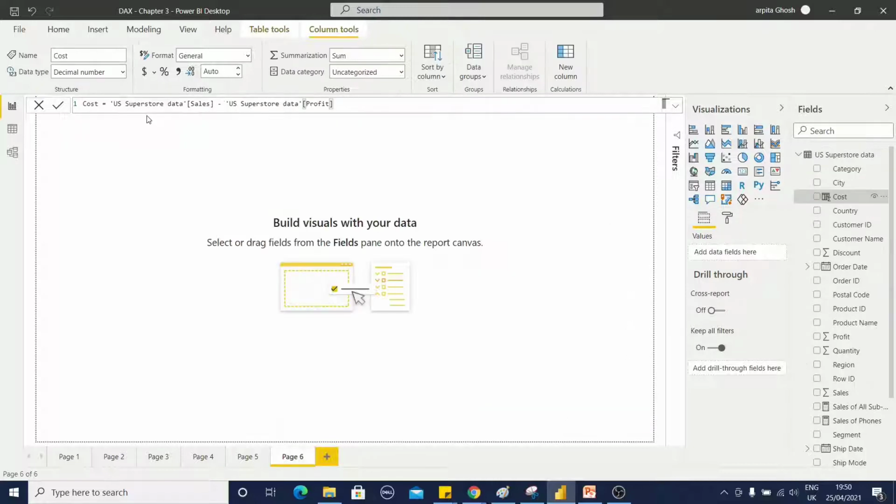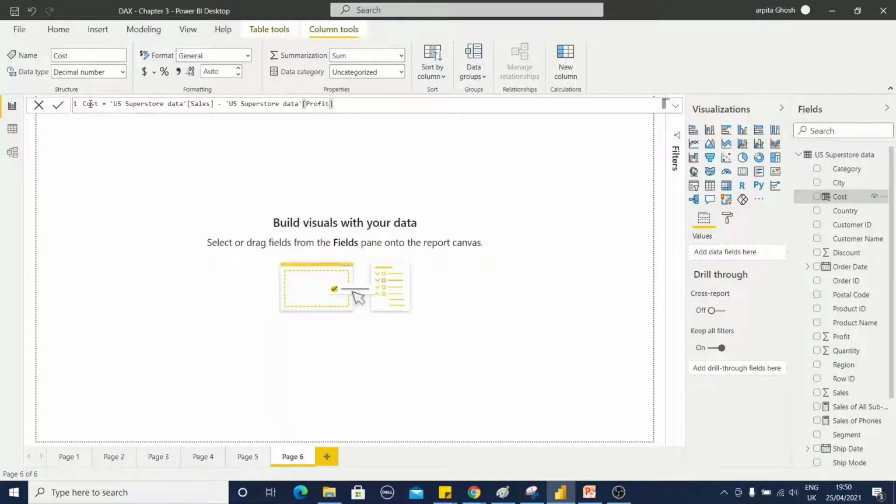Now I'll talk about row context. Row context is related to the current row. I have created one calculated column. Here I am not creating any calculated measure. This is a calculated column, sales minus profit, which I have created as the cost.